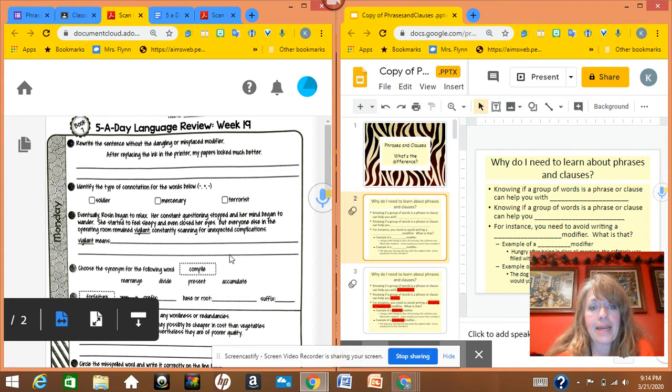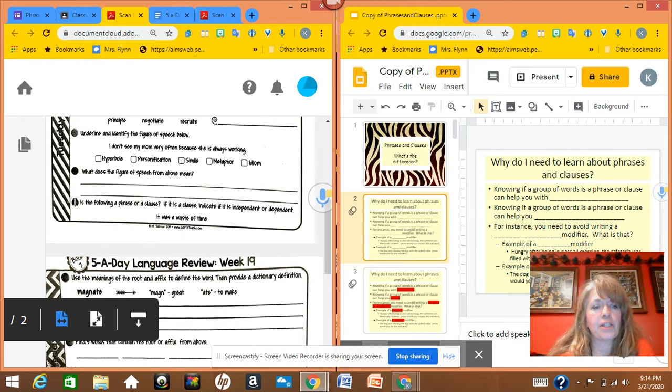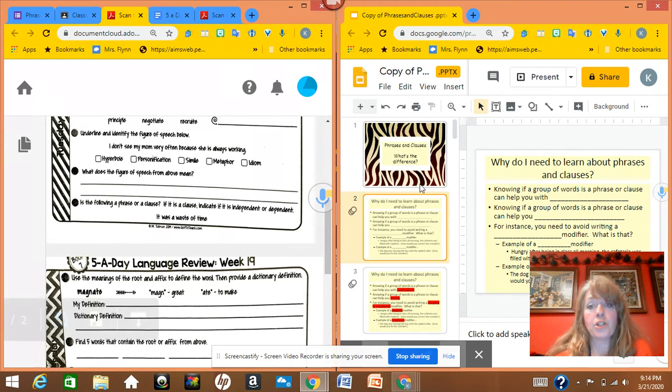Last week we did week 18, and I noticed that on the Tuesday strategy 5-a-day we need a little bit of work. We're supposed to be identifying if a group of words is a phrase or a clause, and we're still having a little bit of struggle with that. So I wanted to refer you back over here to our original